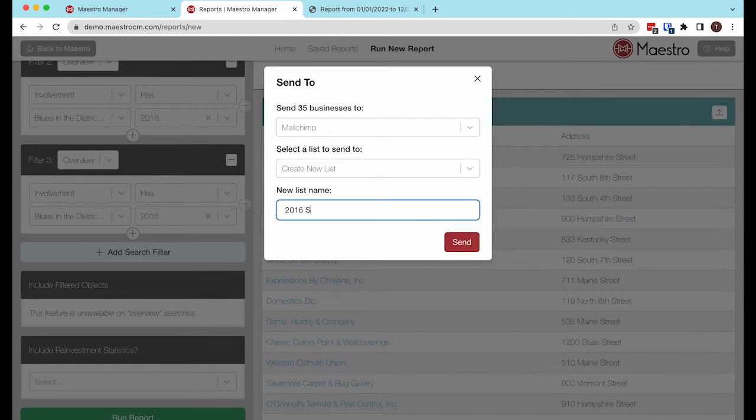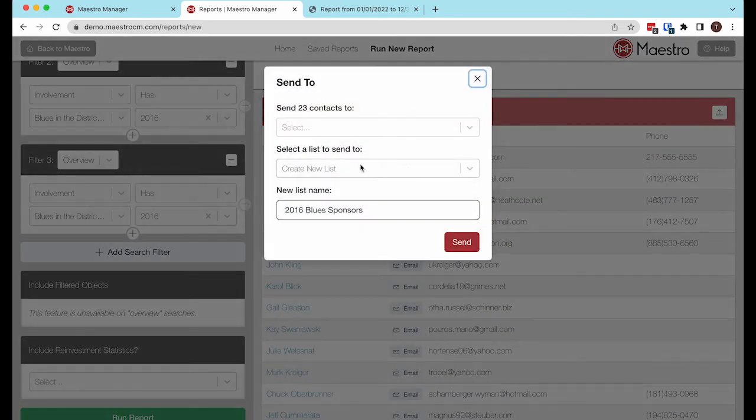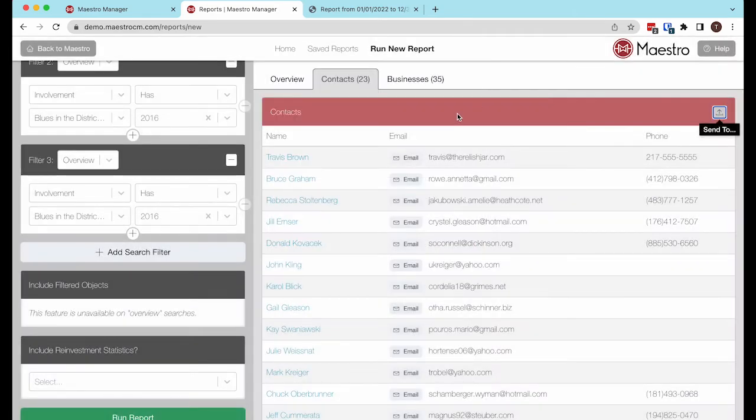We'll say 2016 Blues sponsors, and we'll send that to that list. And now if we click MailChimp, that should be there. So those can be sent directly to Constant Contact or MailChimp, and it makes it really easy then to log into that system and be able to start creating emails that will allow you to communicate